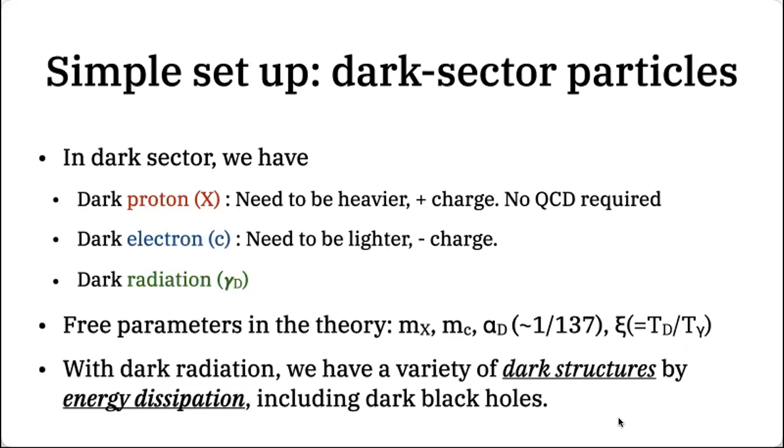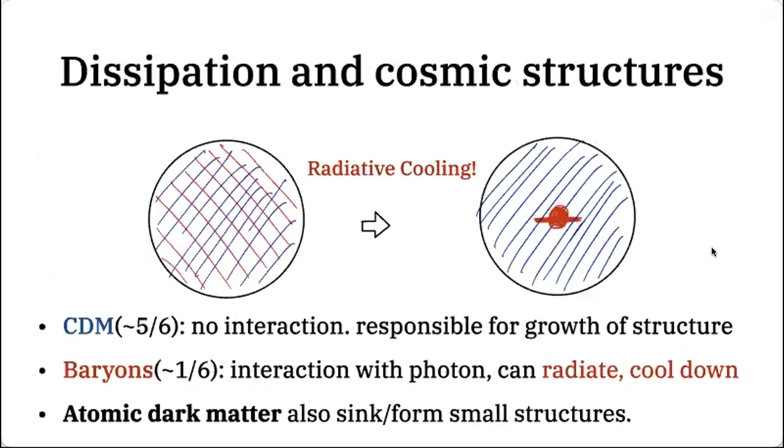Okay. The reason why I need this is I need them to form a bound state to lose kinetic energy, or in terms of the jargon, inelastic collision. The logic is simple. If you think about the standard structure formation model, in the very early universe, when the halo was first formed, we have the dark matter halo, and the baryon particles were all in this big haze of halo. But at the end of the day, something happened to baryons that didn't happen to dark matter. So we ended up having this big dark matter halo hosting a small galaxy at the center.